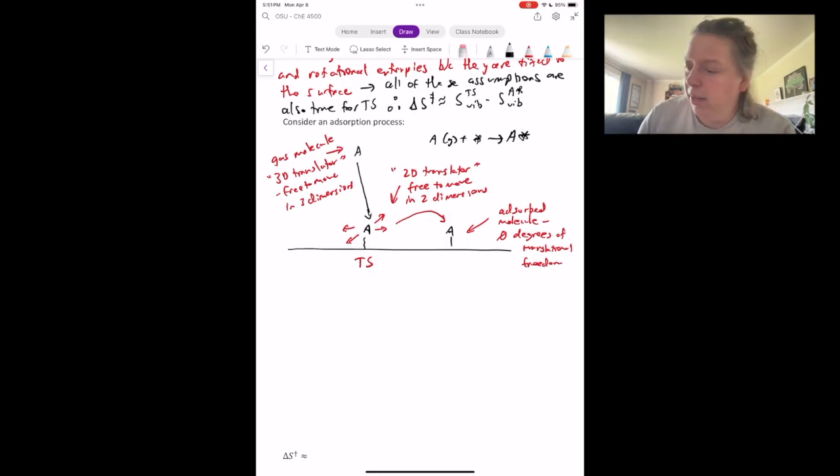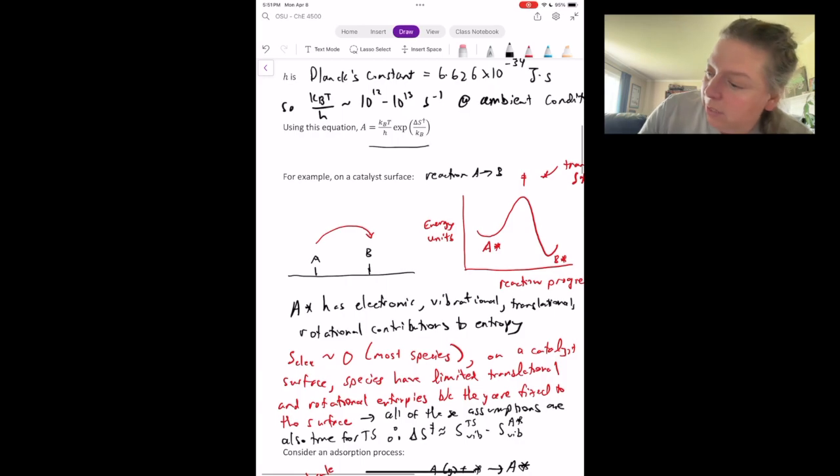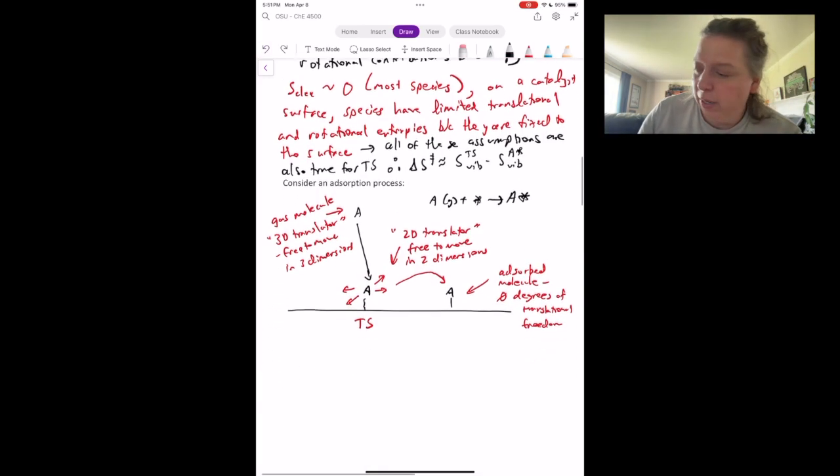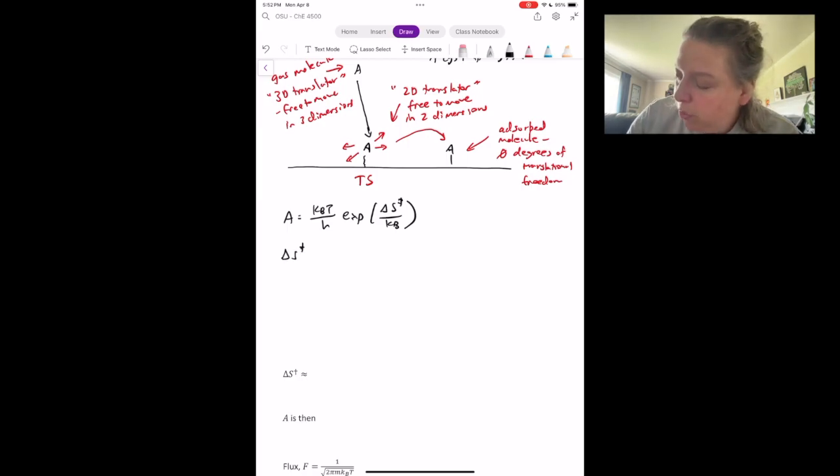So now we want to go back to our transition state theory formalism and develop a rate constant for this process. And we're going to use A equals k_B T over h times the exponential of delta S dagger over k_B. So that means we need delta S dagger between,